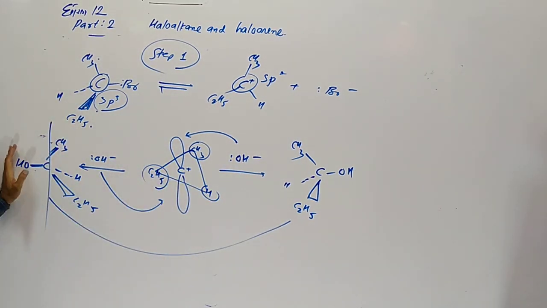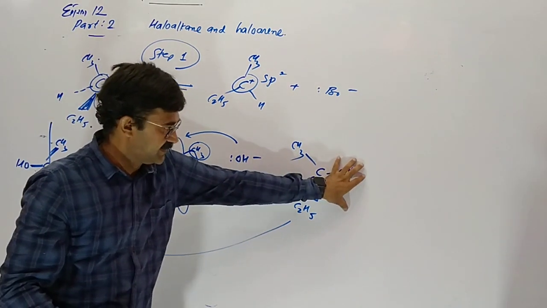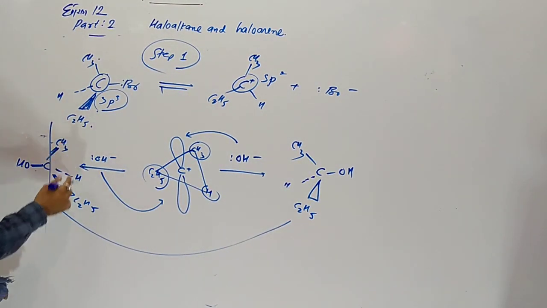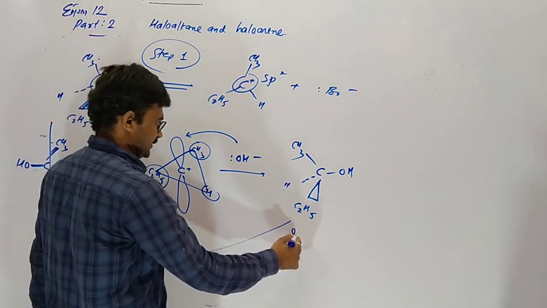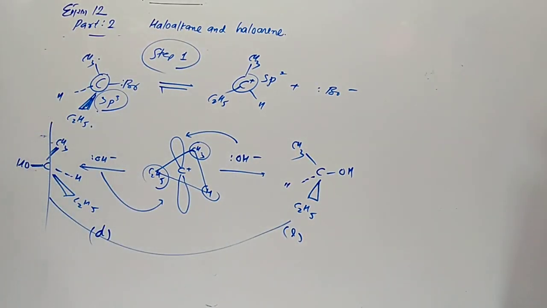The left hand side portion is here, on here is the right hand side. The right hand side portion is here on the left hand side. So suppose this one is dextro, and this one is levo. So it gives a 50-50% mixture of both. So in an SN1 reaction it gives a racemic mixture.